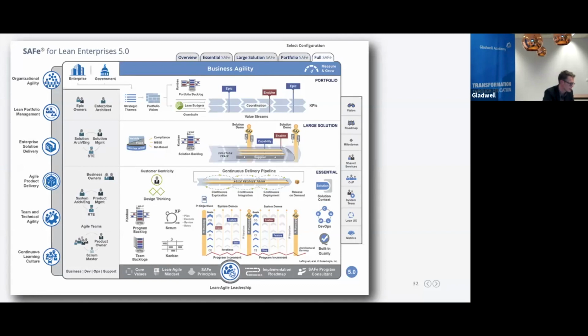Is there anything different in the work between the RTE and Scrum teams with a new essential level? No, these roles are still there. So we have the Scrum Master in the team and we have the Chief Scrum Master in the team of teams. So not such a big difference. I think there's only more opportunities, especially for the release train engineer to behave more as a coach for the whole enterprise.